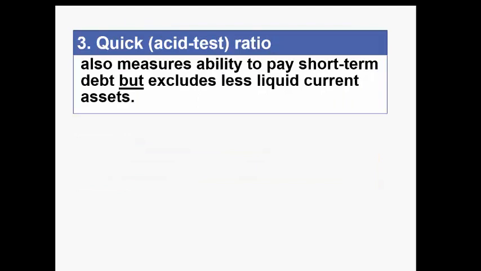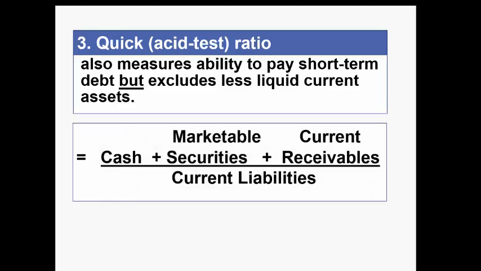We do have one more measure of liquidity. It's called the quick or acid test ratio. And this, again, looks at can we pay our current liabilities with our current assets, but what it does is it excludes the less liquid current assets. So the formula, if you look in the numerator, those are all current assets: cash, marketable securities, and current receivables. And we divide by current liabilities. But if you think about the assets that this is excluding,